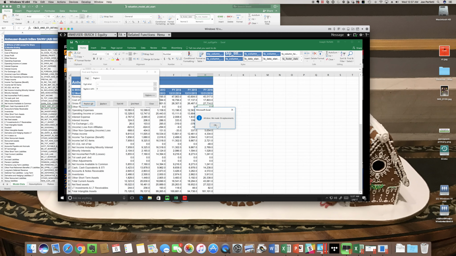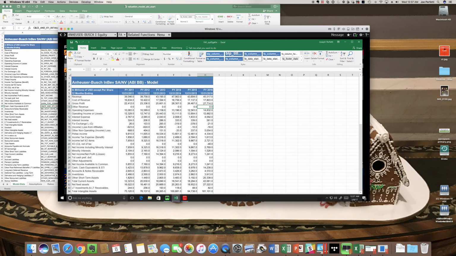And that's a very important step because Anheuser-Busch InBev has 36 fields, which are blank, and Bloomberg exports those as dashes, but Excel's not going to like the dashes. So we're just going to treat those as zeros. So this is an important step every time you export data in your model. So I've done that. I have saved this file, and this file that I've saved is called,